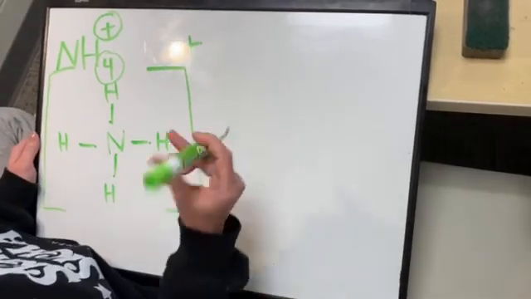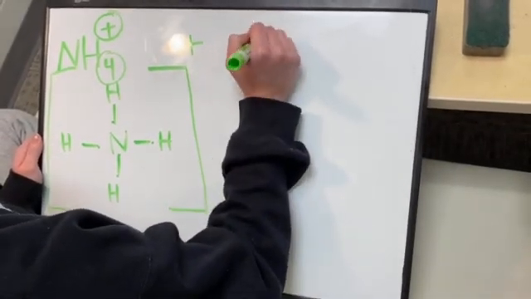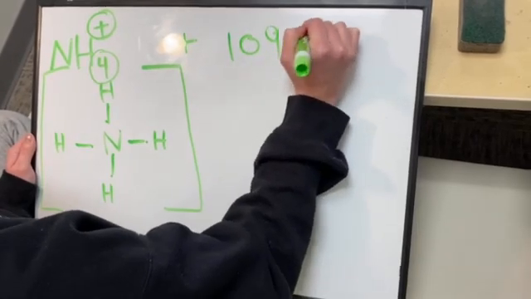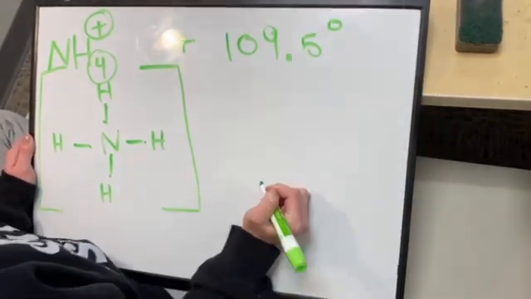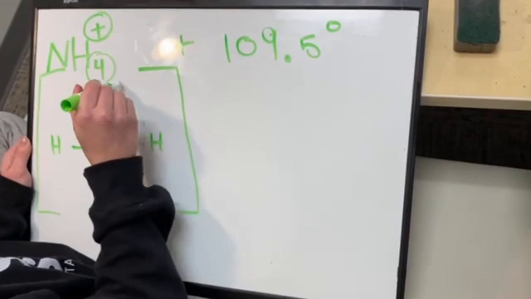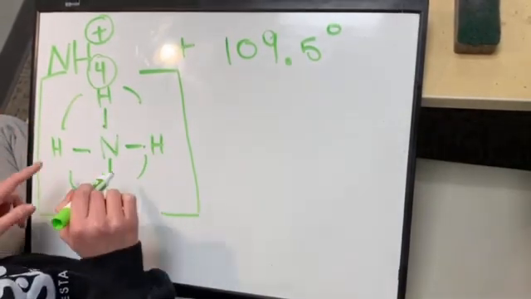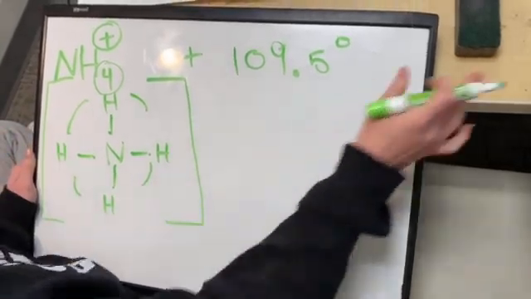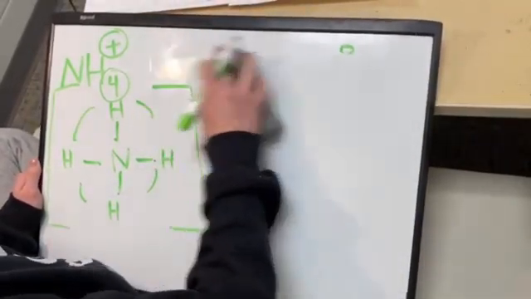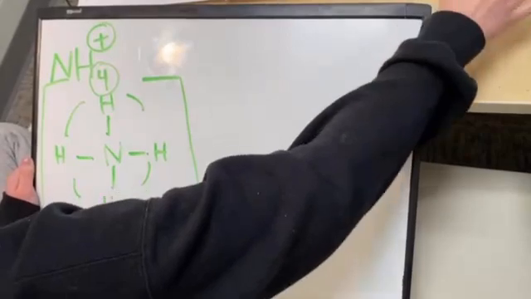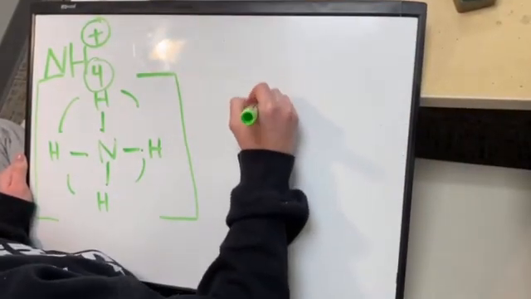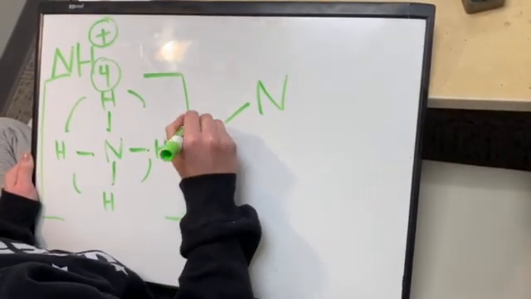Next, we have 109.5 degrees ideal bond angles, and this just shows that there's 109.5 degrees between each of the elements in the structure. Next, we have our 3D Lewis structure, so we just are going to do the same thing,